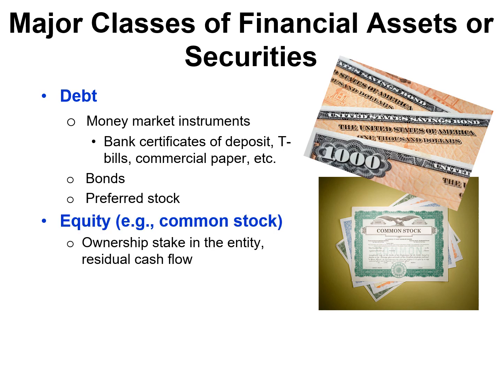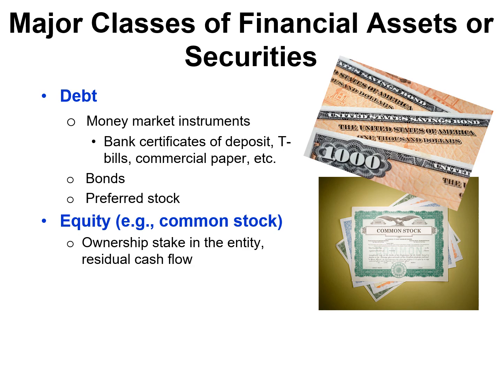Next, we have bonds, which are longer-term debt instruments issued by corporations and governments. Bonds are a cornerstone of the fixed income market, providing a predictable stream of income through interest payments. Preferred stock is an interesting hybrid, combining features of both debt and equity. Like debt, it typically offers a fixed dividend, and like equity, it represents ownership in a company. However, preferred stock typically does not confer voting rights.